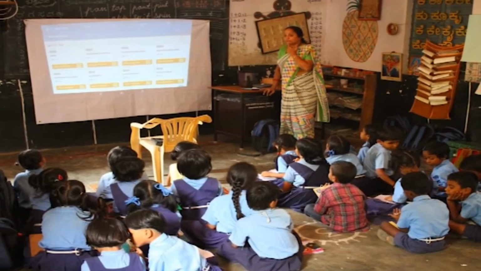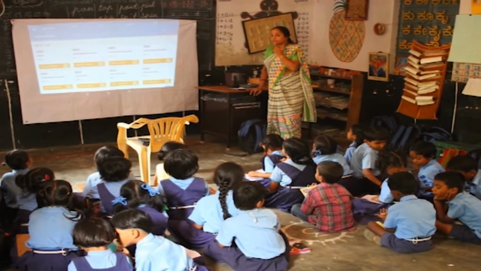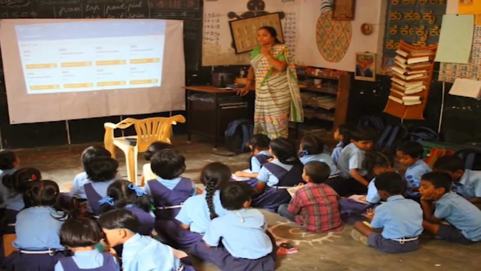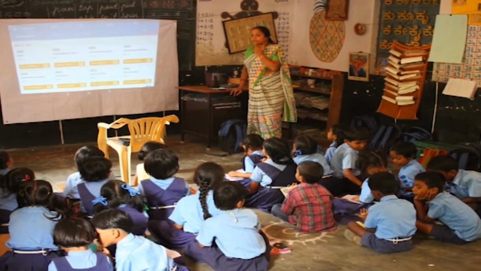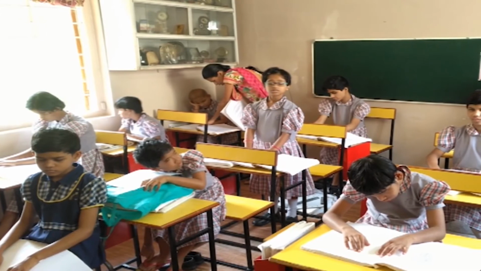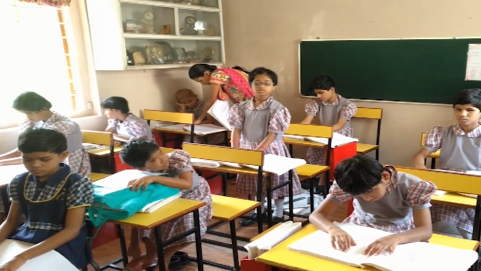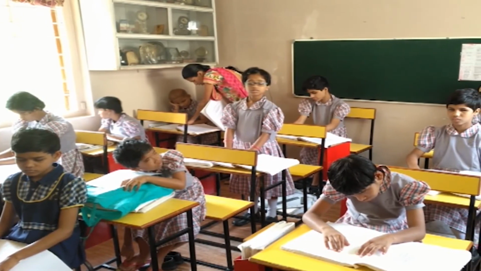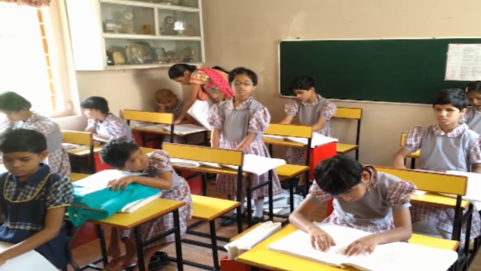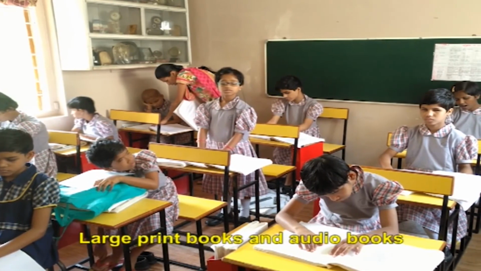The next one is support from resource teacher. A resource teacher's support is essential in planning and implementing curricular adaptation program. A resource teacher is a specially trained teacher for teaching and training diverse learners. The next factor is material. Adapted materials are needed for the successful implementation of the program. Materials should be modified according to the learning needs of the student. Some examples of adapted materials are large print for low vision children and audiobooks for hearing impaired